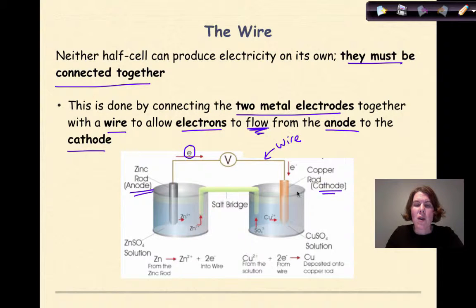anode to the cathode. So as the zinc electrode undergoes oxidation, it's going to form zinc+2 ions, and then the 2 electrons actually go into this wire. They get pulled up and they travel through this wire from the anode over into the cathode and then go in right here to the electrode right here. The anode has a negative charge associated with it because we know that our electrons are negatively charged, and this is where they're originating from. The copper electrode is going to have a positive charge associated with it